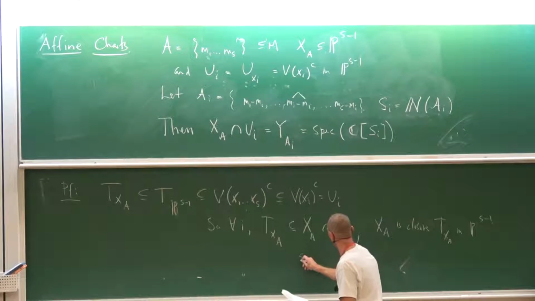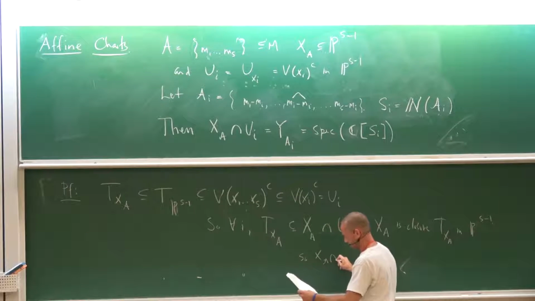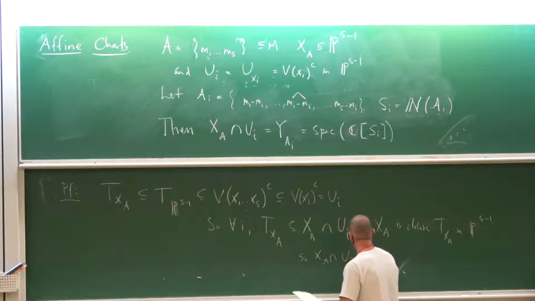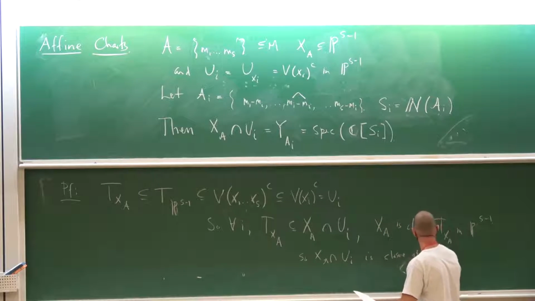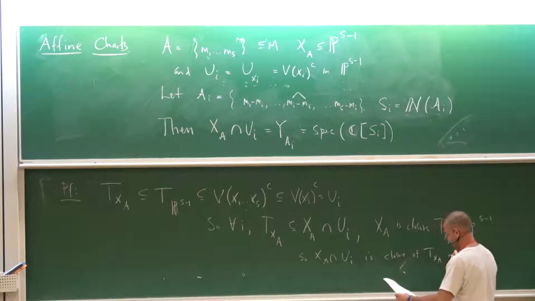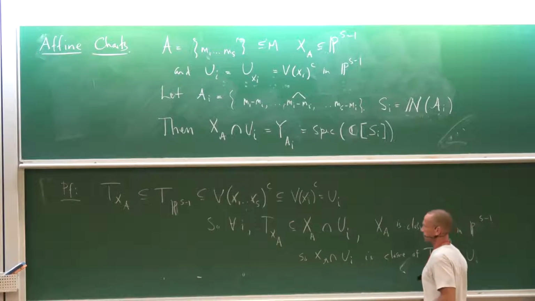So X sub A intersect U sub I is just the closure of T X sub A in U sub I. And the last bit of this